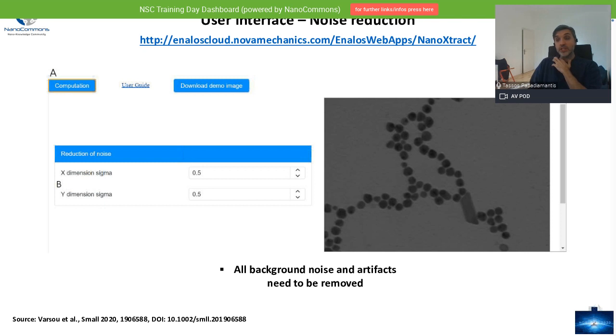So the next step in the process is to reduce the noise. As we already have said, you may get images that are not as clear as, let's say, the one that we're looking at right now, which means that they may have artifacts, and a lot of noise coming from the background and so on. So what we need to do here is reduce the noise by applying some Gaussian blurring.